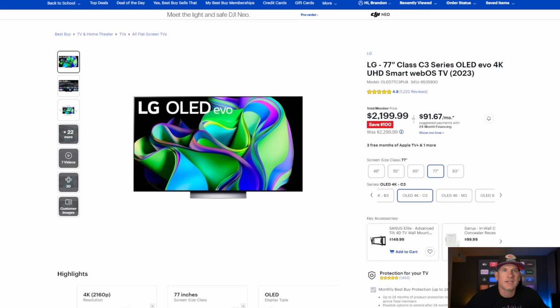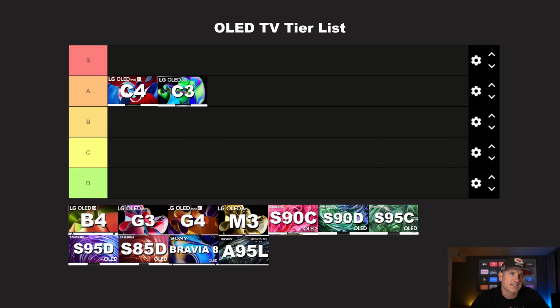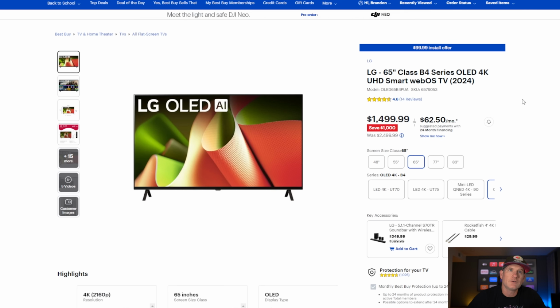I think the C4, being a little bit newer, I'd probably just go for it and spend a little bit more, but $400 is enough to buy like a new sound system or something. So obviously it's an opportunity for you to save a little money. So yes, the C3 is still an A tier TV, even though you save that 20%. So great opportunity there. Now, if you really want to save a little bit more money, the B4 OLED is